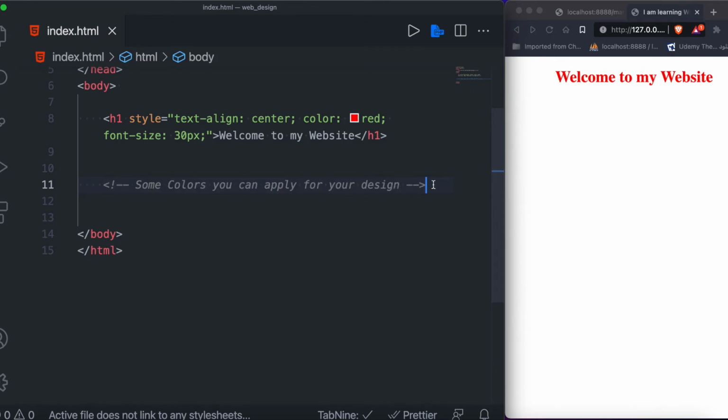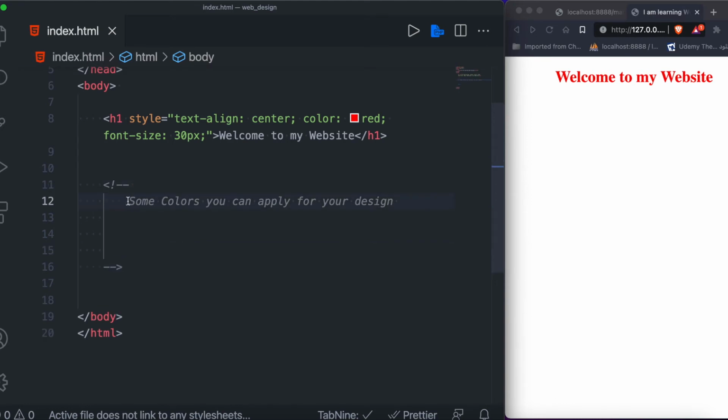Some colors you can apply for your design. You can have blue, orange, tomato, cyan, red, dodger blue, slate blue,